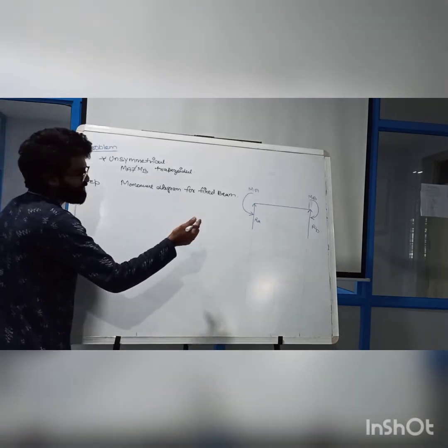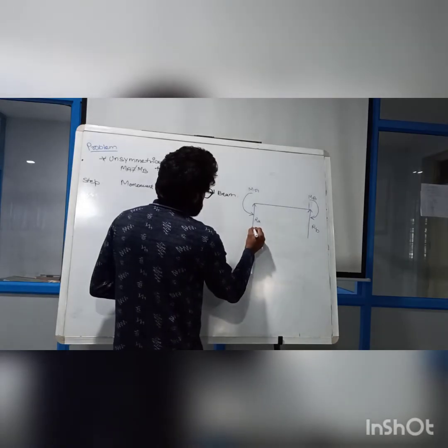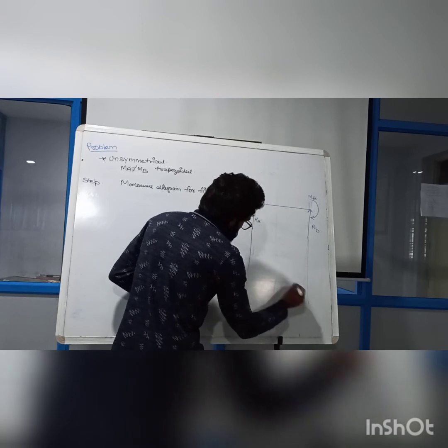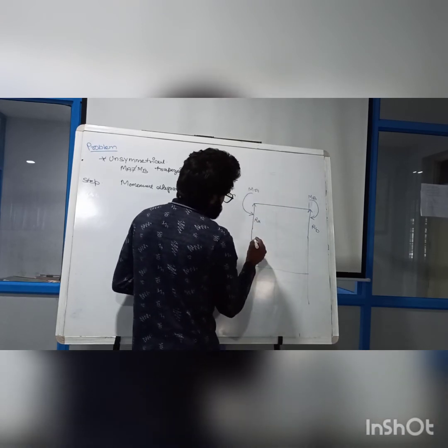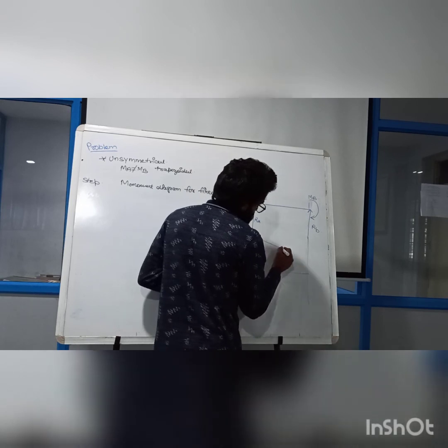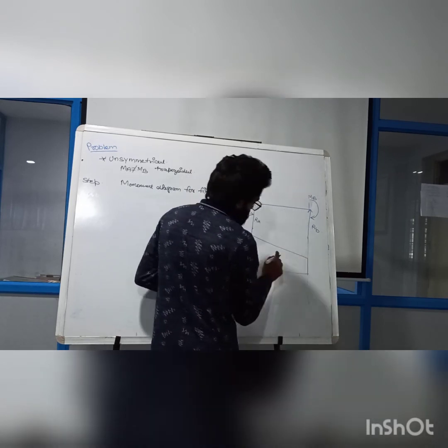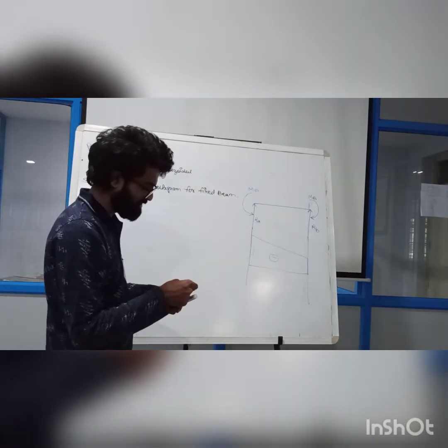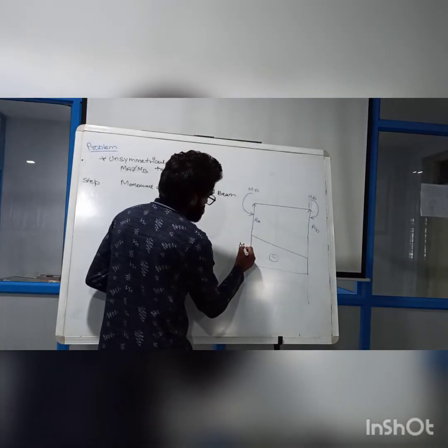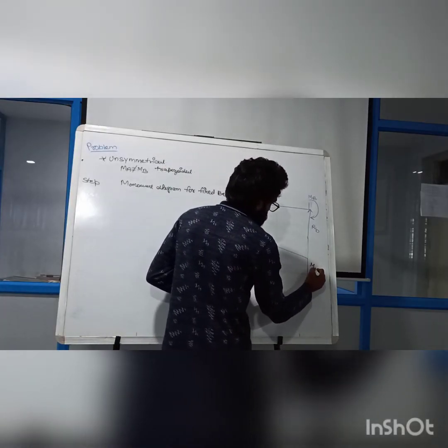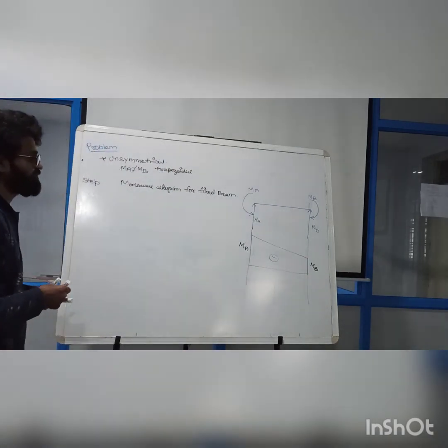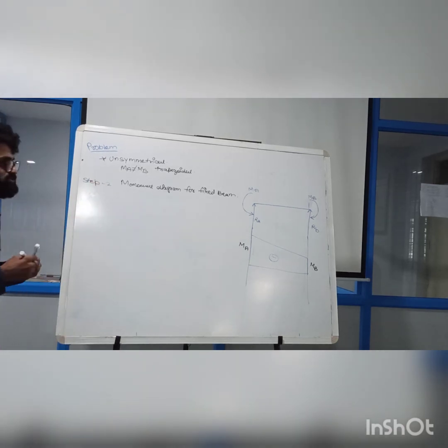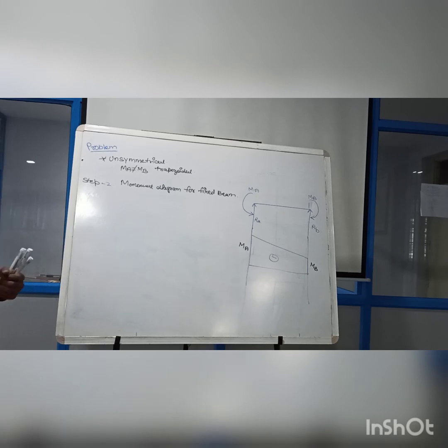From here you all know what my bending moment is going to be. Already we did many cases, so directly I am going to write here. I am going to get some diagram of my bending moment, something like this. And one very important thing, you all know that this particular diagram will become negative, because we already solved that particular question last time. So this is your MA value, and this will be your MB value. So I got my MA and MB value, and my step number 2 is also completed. Now let us move to step number 3. What is my step number 3?